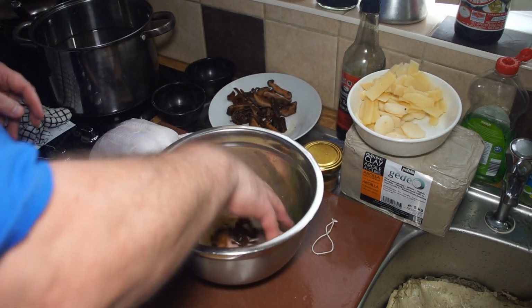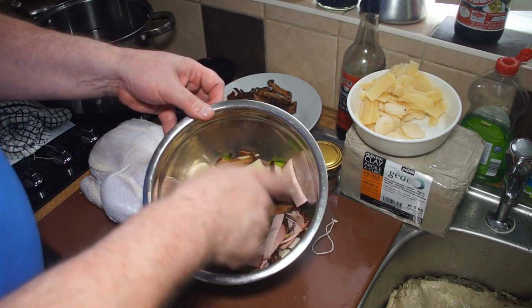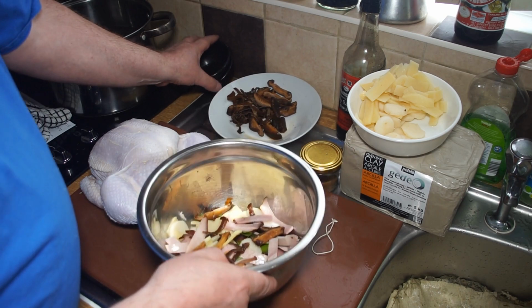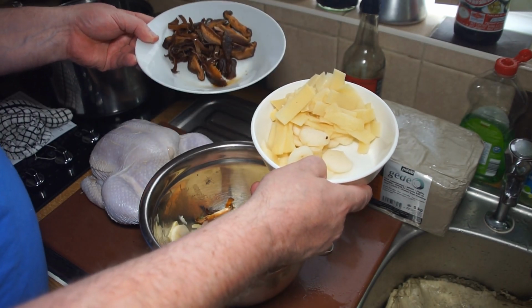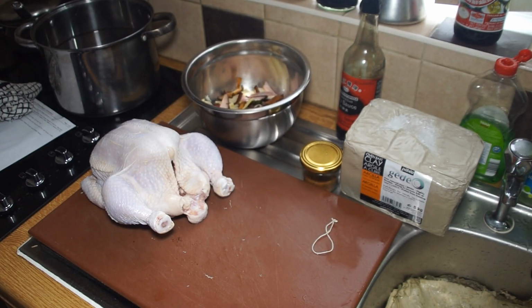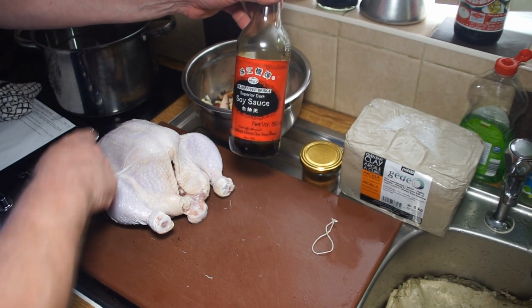Let me have a gauge of that. So as you see, I've got a bowl which will be more than enough to stuff the chicken with. So these ingredients will go aside and make me a nice little stir fry later. Sounds good? Sounds good. Moving swiftly on, I want to use some of this Chinese dark soy sauce, which I